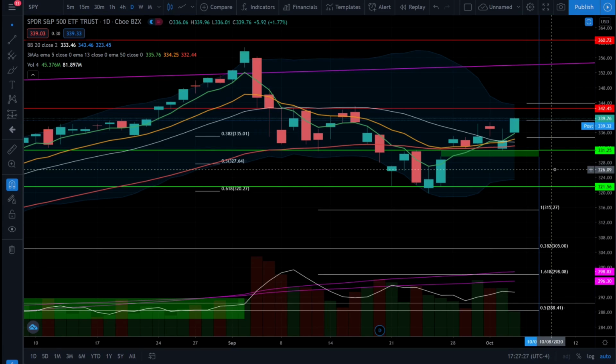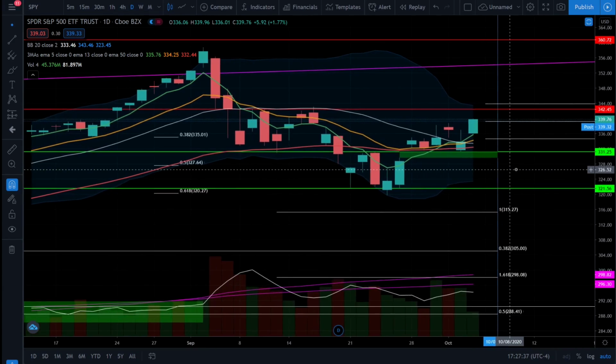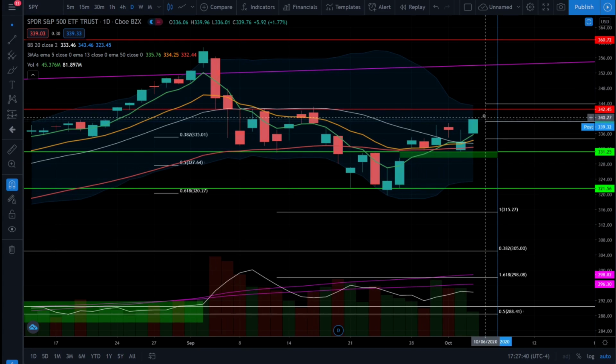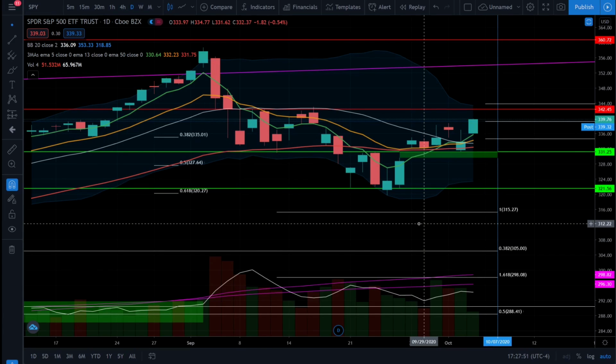Now while we do have this short-term bullish trend and while we are starting to buy right here on the Stocks channel, it's still very important to identify the risk below us. So we still don't have that higher high on the daily chart, and we really need to see a close above 342 to let us know that this medium-term bearish trend is ending